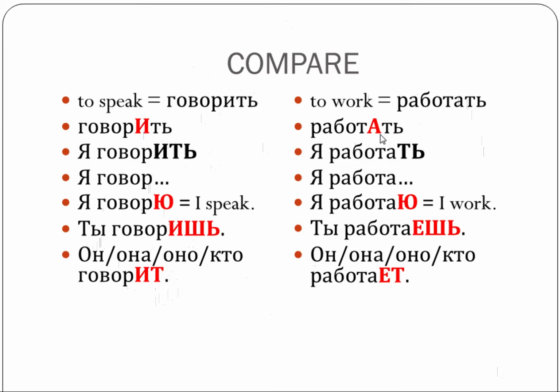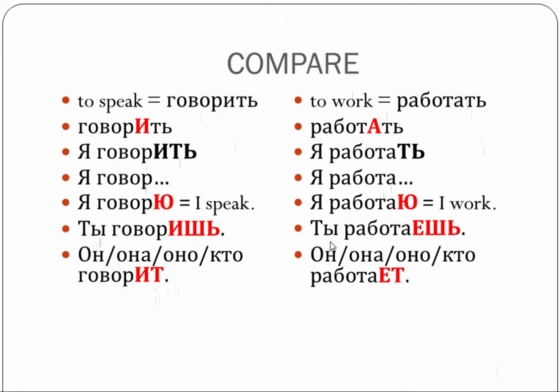If the vowel in my verb is not E, but A, sometimes it's also O, Ya, any other vowel, then I'm not dropping the last three letters like I did for E verbs. I'm going to drop the last two letters. And now I'm left with a stem that ends in a vowel. Here it was a consonant, here it's a vowel. And then I add у again, for я работаю, я говорю, so both have у ending.